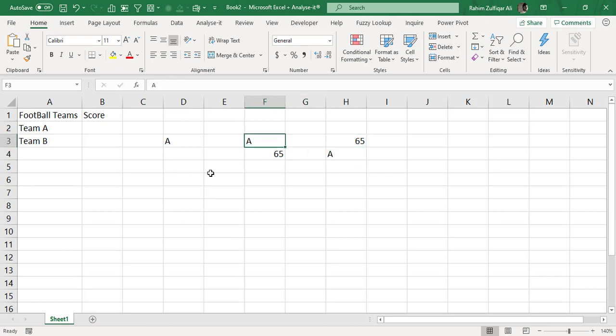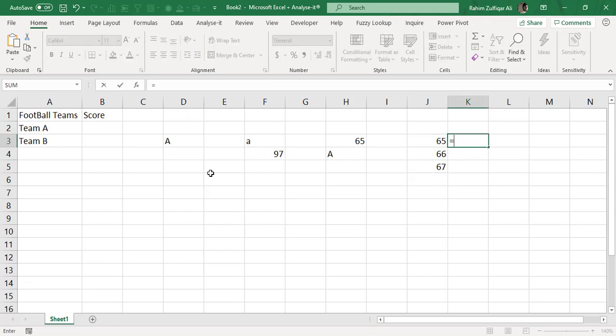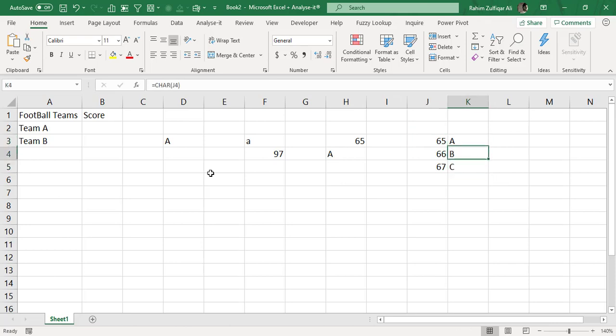If I write a small letter a, the code for the small letter a is 97. This is how it actually works. So if I have 65 here, 66 here, 67 here, and I apply the CHAR function and drag down, it generates A, B, C, and if I add more numbers, 68, 69, 70, it will generate D, E, F accordingly. I don't want to take help from an extra helper column. What I need to do is generate an alphabetical list, either capital or small, within a cell, without using an extra helper cell.